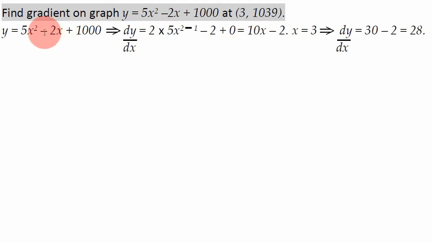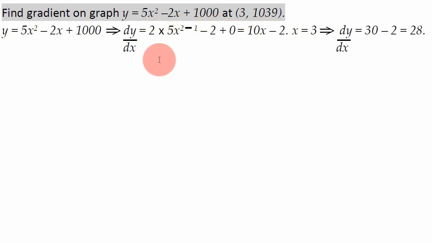So if you've got something with just basically a certain number of x's, so you've got minus 2 x's there, then to differentiate it is very simple. You simply get rid of the x and you're left with the coefficient of that x. So in this case it's minus 2, so you've got minus 2. And even easier to differentiate are plain numbers. If you've got any old number, doesn't matter what it is, if you differentiate it, it just becomes 0. Now obviously you don't need to write 0, do you? You don't need to add zeros, you just leave it alone, and you're just left with this stuff,